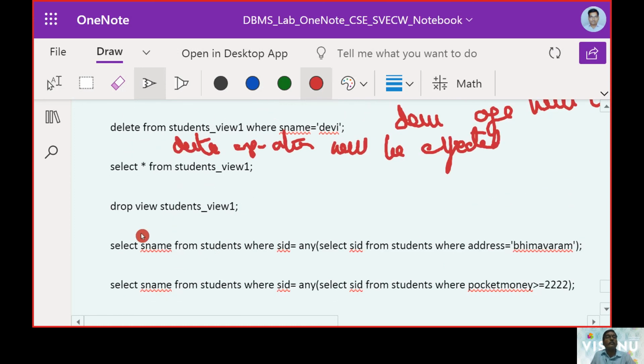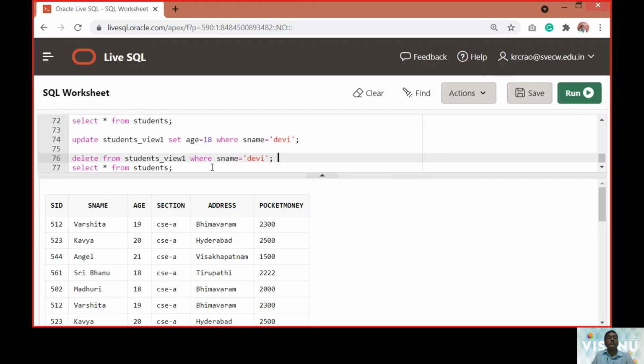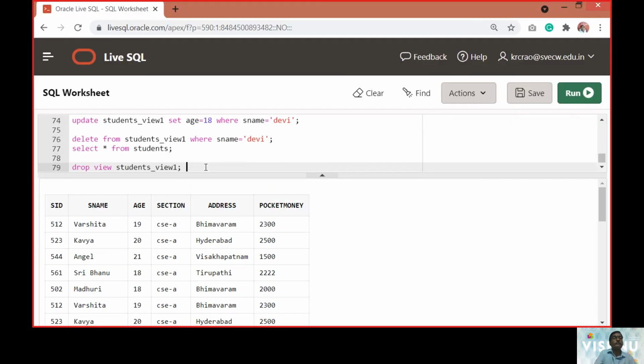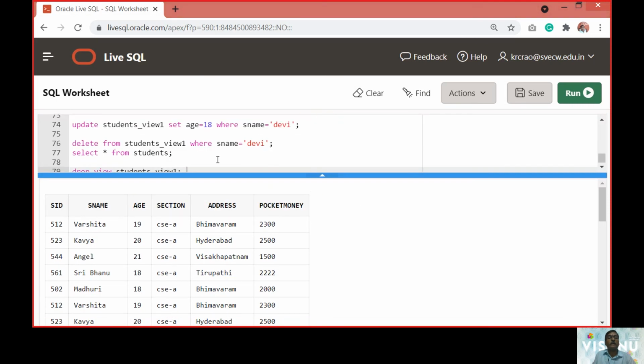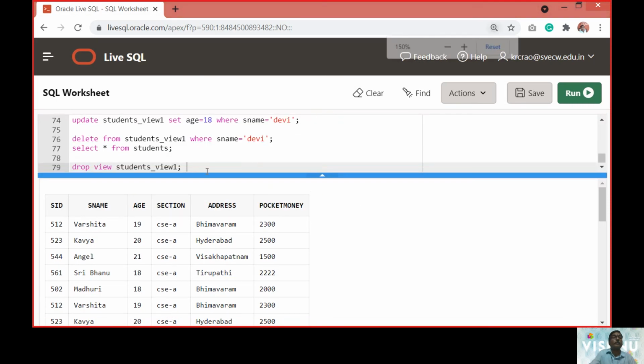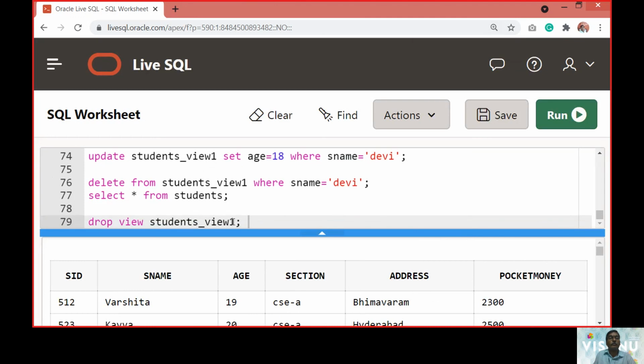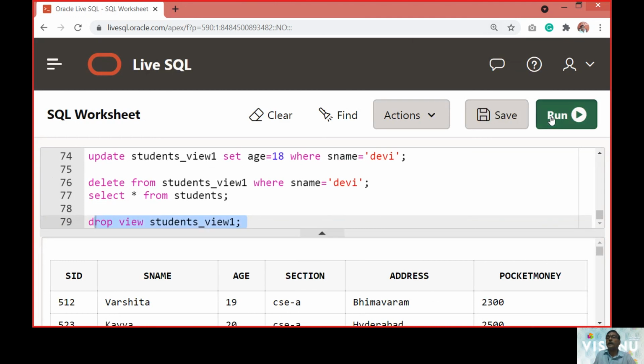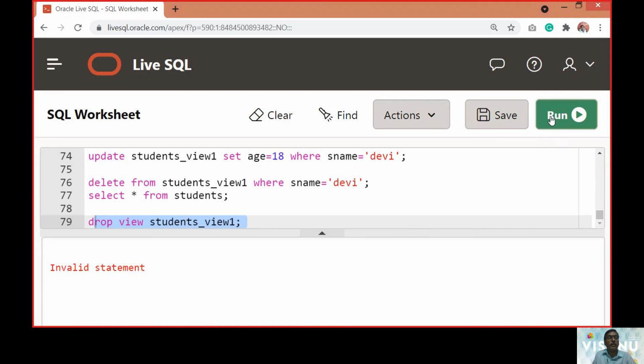And finally, when we work with a SQL query with view, can we drop a view? The answer was yes. So how can I drop a view? I can use this query: drop view followed by the view name.